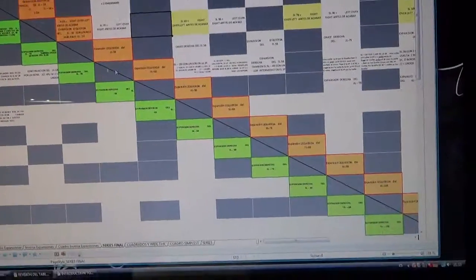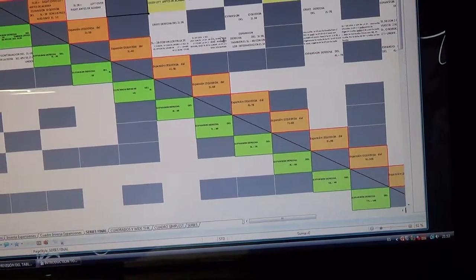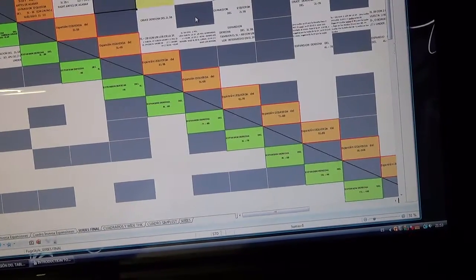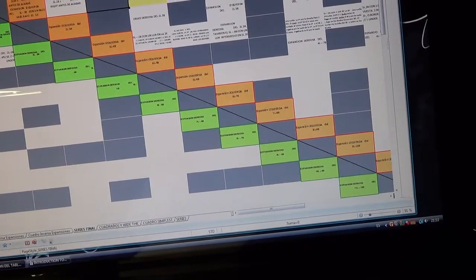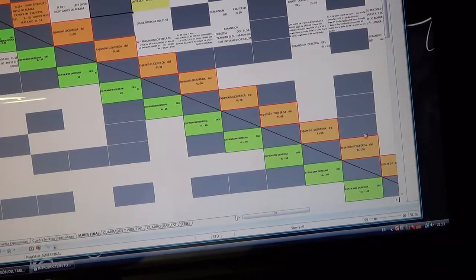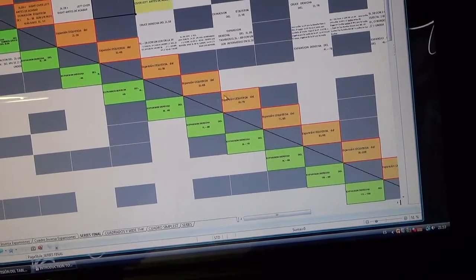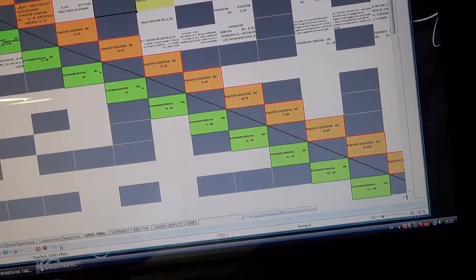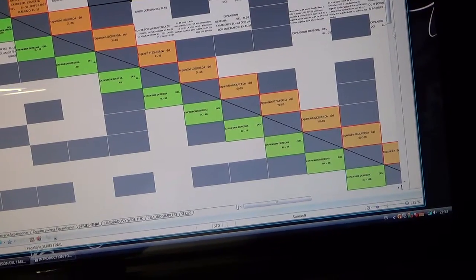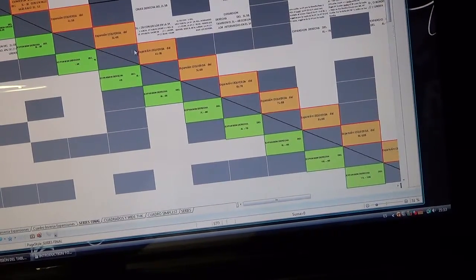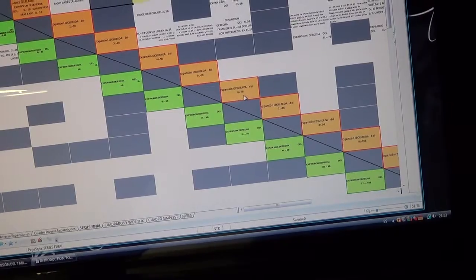Here we have the simplest table. You can see that all these, the red or orange cells, are related because they are the